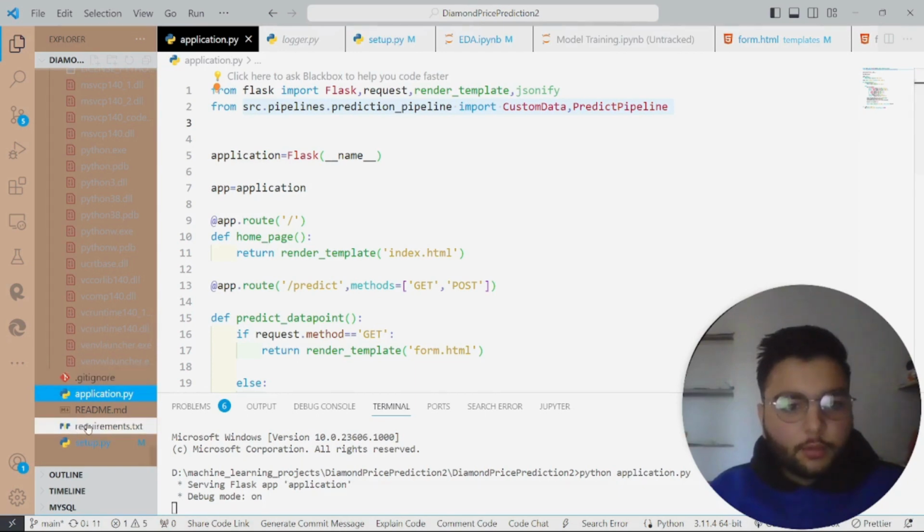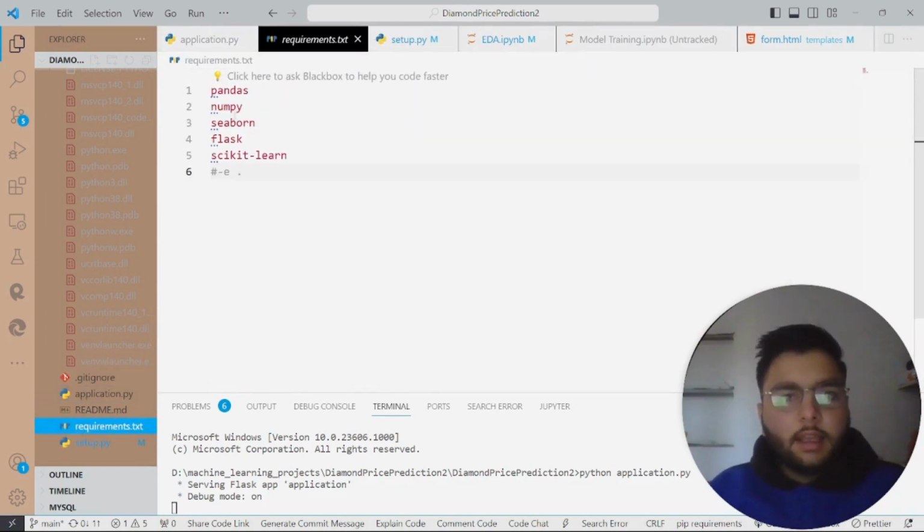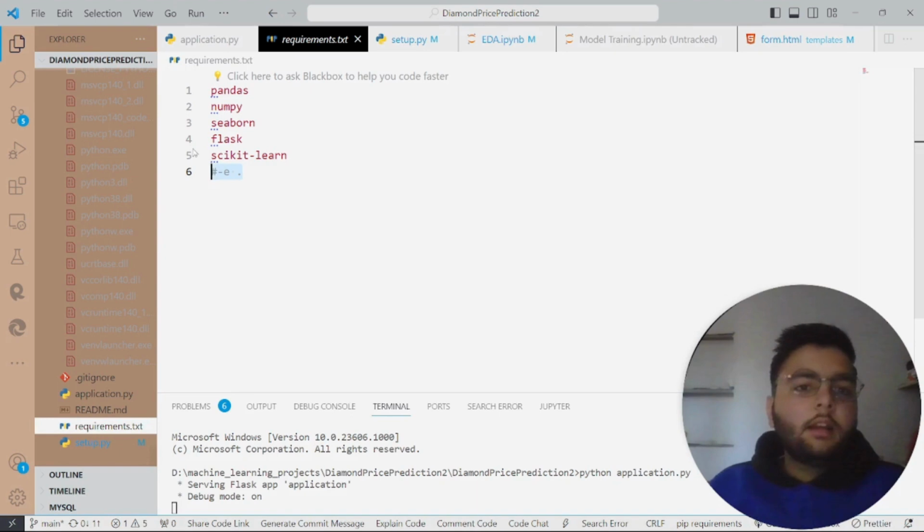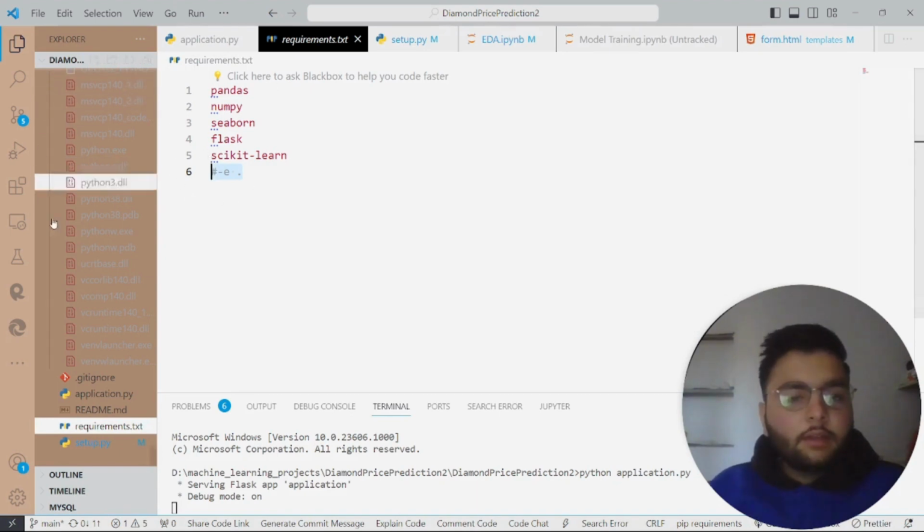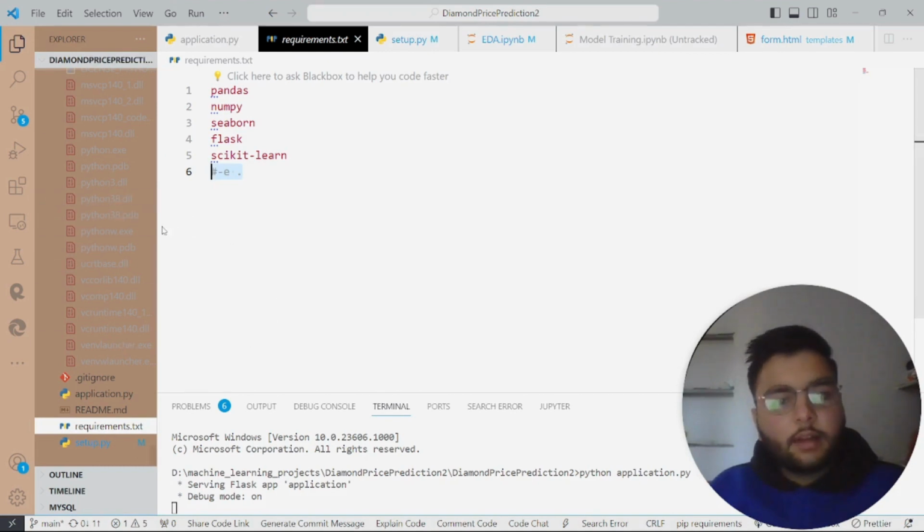In this project, I have taken the following libraries: pandas, numpy, seaborn, flask, scikit-learn, and this -e dot, which is basically linking our entire project with our environment. I have commented it out because whenever I was installing the packages, this package was being created again and again.